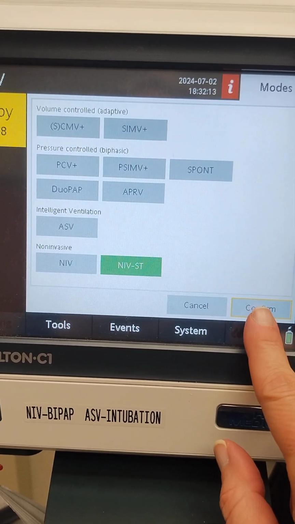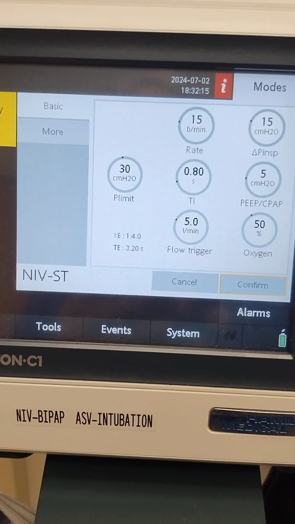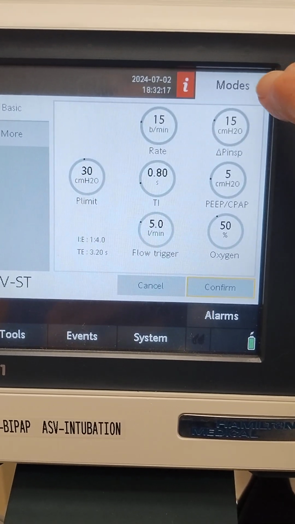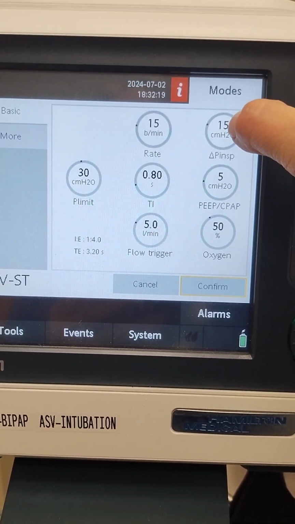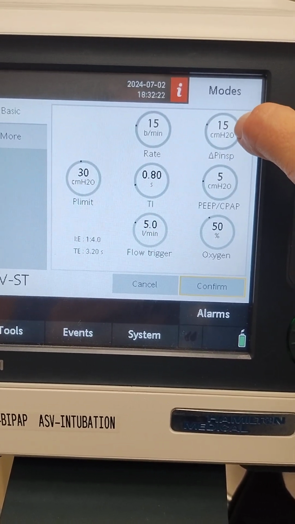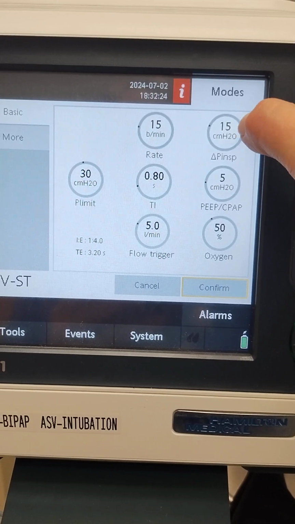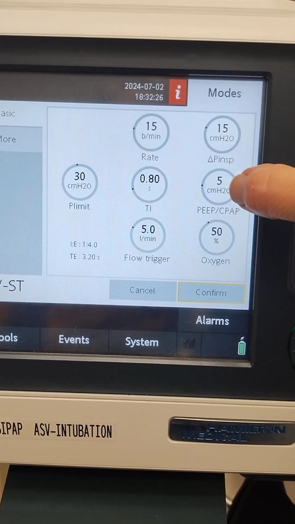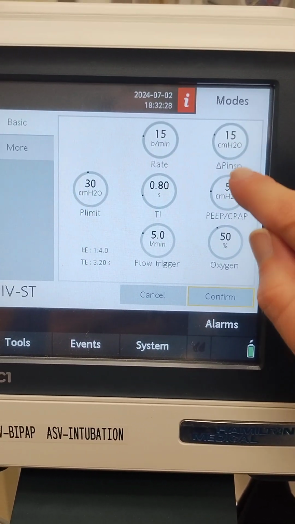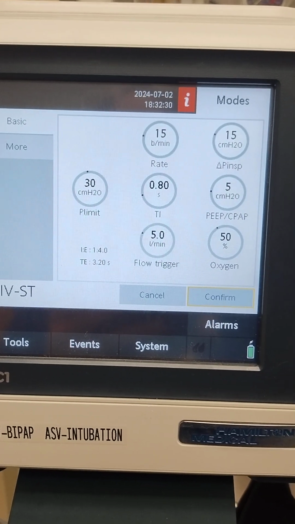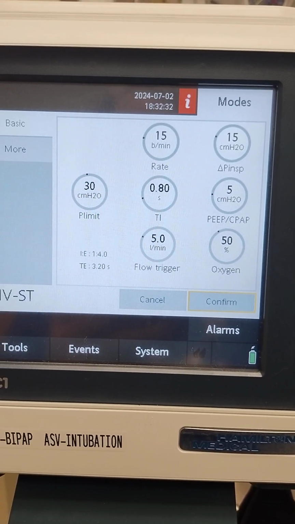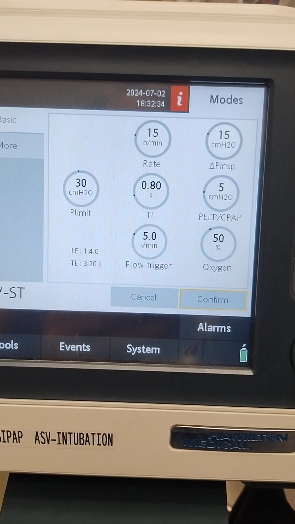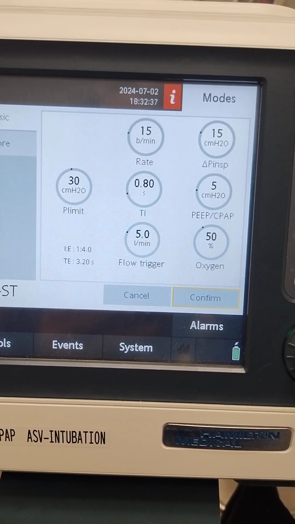So let's go to NIV-ST. We're going to confirm that. So right now we have two different pressures here. We have the delta P, which is our pressure support level, and we have our PEEP. The total of these two is going to give us a peak inspiratory pressure that will generate a volume for